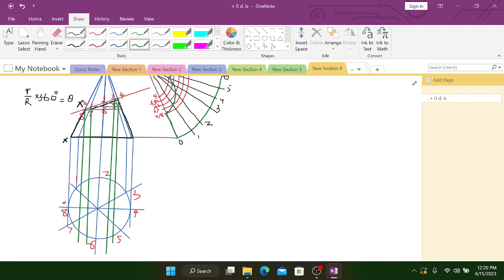Okay, then we have to mark this position. So how to mark? We will see. From 0 and 0 comma 8, this is one particular point. Then from 1 and 1, this is one line, and 1 comma 7 is one line. Through one line I am marking. This is 1, it is directly coming, this is another point. Then 2, you will see 2 comma 6, it is difficult to mark, so I will do some kind of